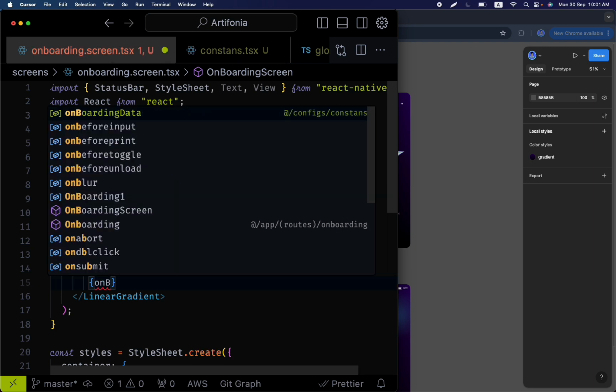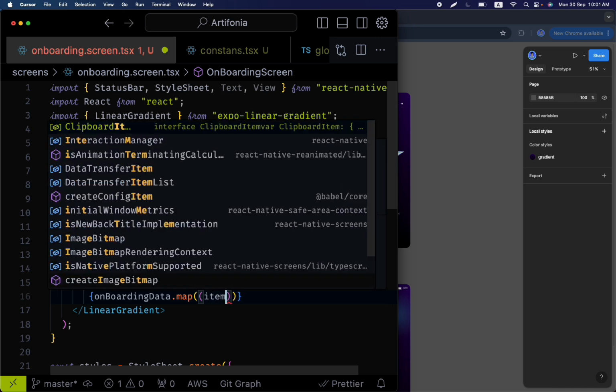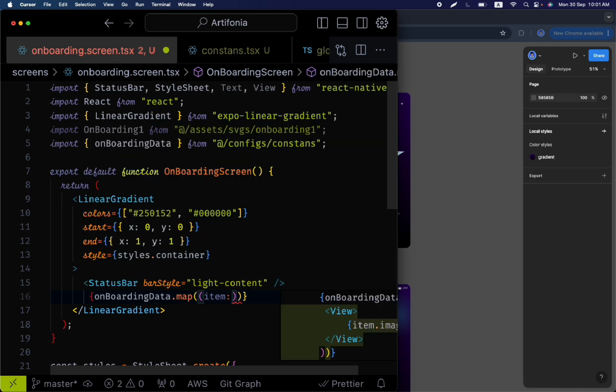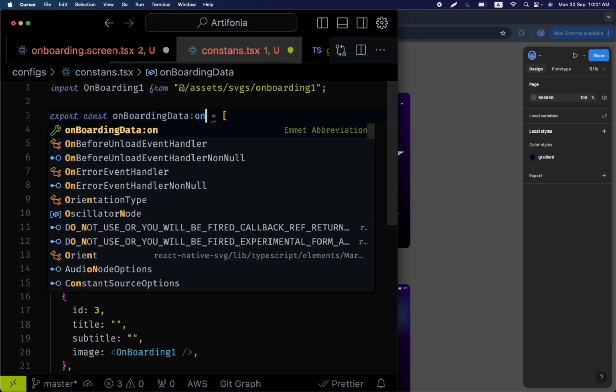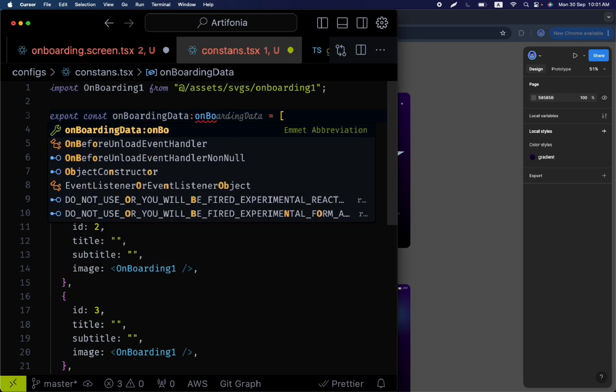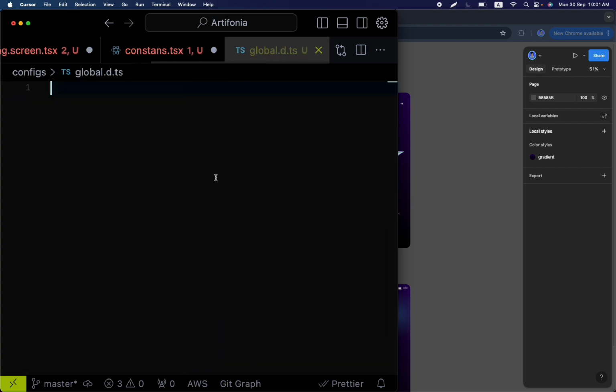So onboarding data dot map item, where we have to create a type, so we can say here onboarding data type. So we can just copy this, we can come back here, we can write a new type,